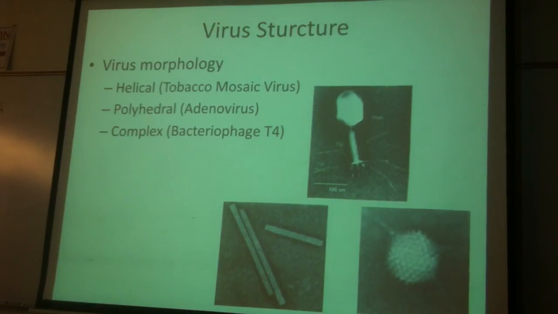Virus structure can be very different. You can have a helical structure, like your tobacco mosaic virus. Polyhedral, buckyballs, like the adenovirus, the common cold. So you're getting very geometrical shapes. Or you can get very complex ones, like a bacterial phage, where you end up with a head, and tail, and then tail fibers, and you get